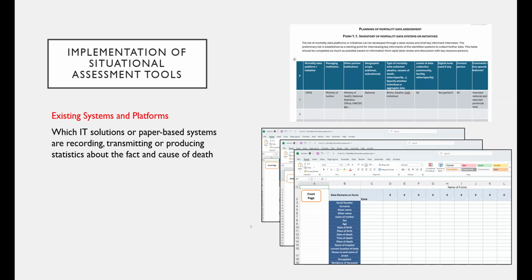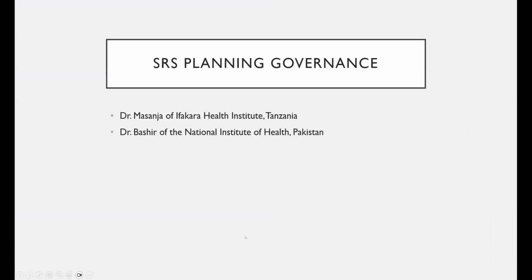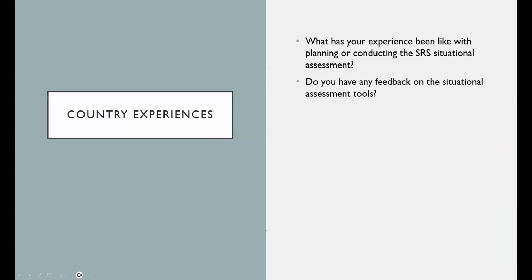All right, with that, I'm going to move us along a little bit, but just to stay on the same topic. Given that I hope our colleagues from Tanzania and Pakistan will give us some short presentations after this, I'm going to ask the other teams, so Mali, Ghana, Kenya, and Senegal, if you have some experiences about your planning exercises that you've conducted so far for the SRS situational assessment. If you can just give us a little readout on how that's going, how you're feeling about it, and if you have any feedback on the assessment tools.